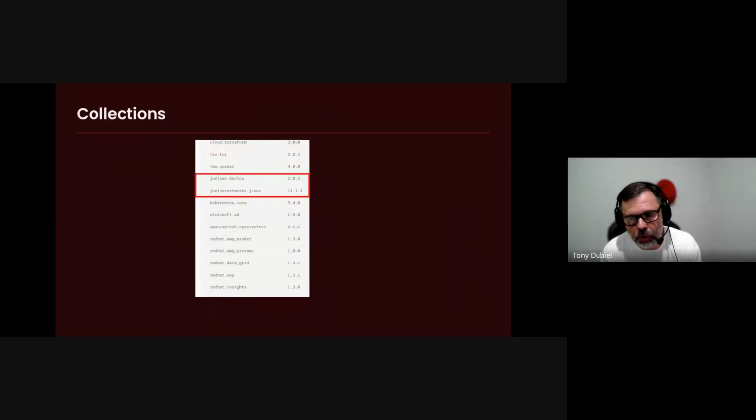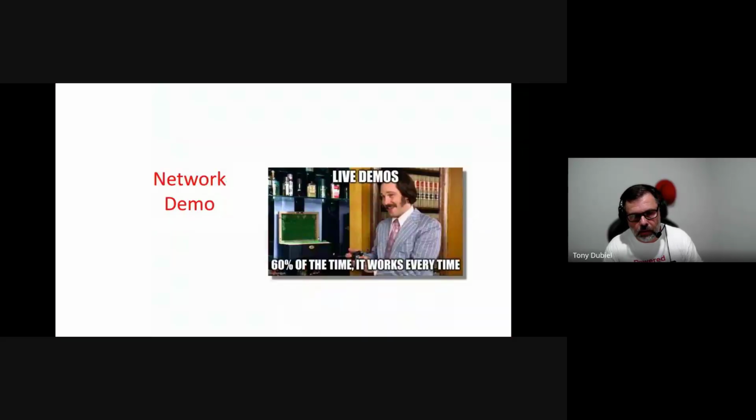So what I wanted to show here, and I'll show this again in the demo, is I'm validating in my execution environment that I'm pulling into my automation platform that I have these versions. And I'll show you how I do that in the platform in the demo. But this is what I wanted: I have this juniper.device 2.0.2 and Juniper networks 11.1.1. So I have both of those available, so I can call either one of them in the playbook and show you some of the different options and permutations of using this combined one or calling the existing modules, and how they continue to work the same way using Juniper networks. So I think that was everything. Yeah, so